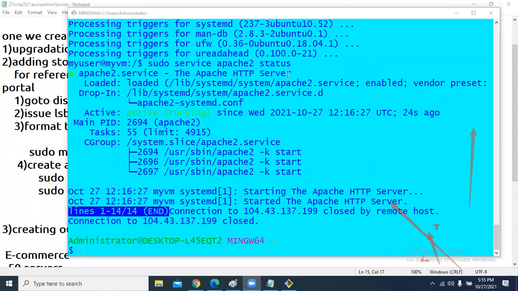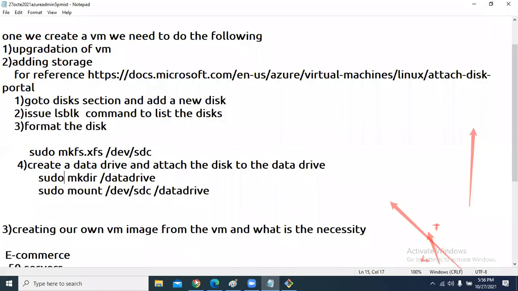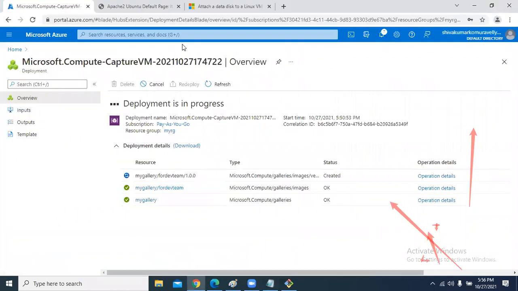So this is MINGW64. Which one, sir? It is the git bash terminal. Git bash is just like a mediator. It is just like an interface between your laptop and the remote server. So we have to install it separately? Yes, you have to install it. Yesterday I also showed that. Once again I will show.